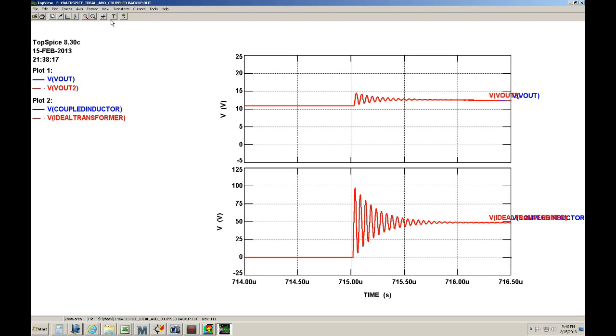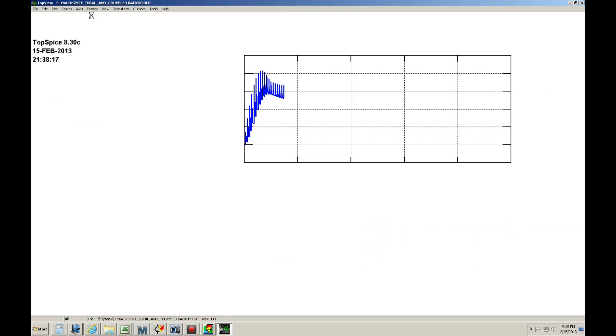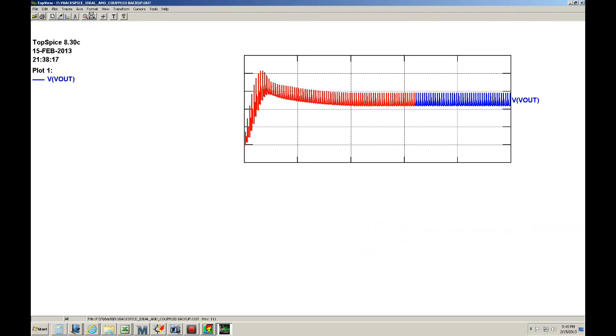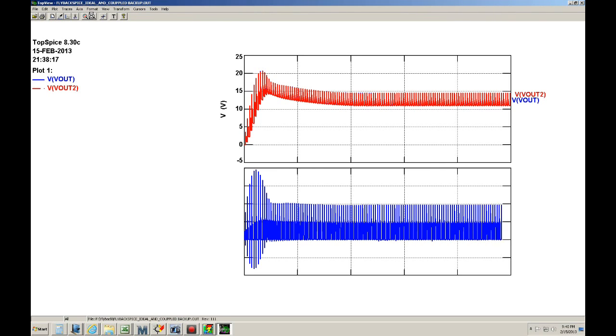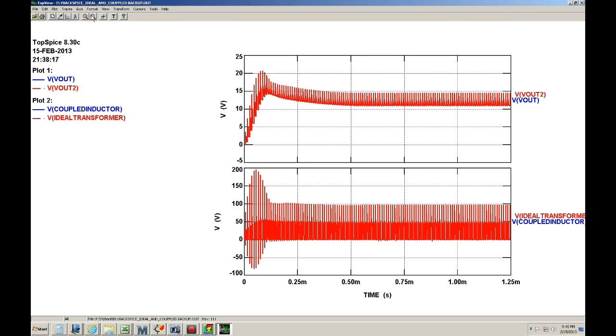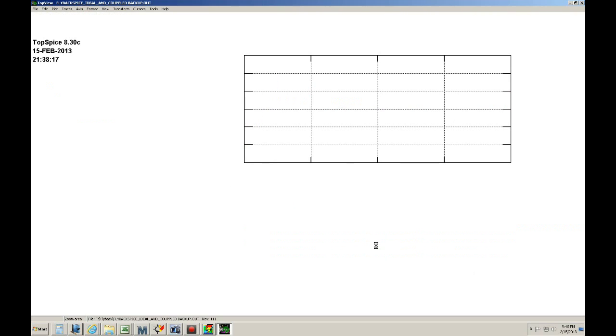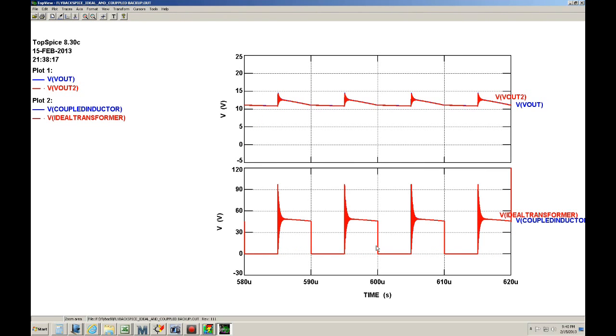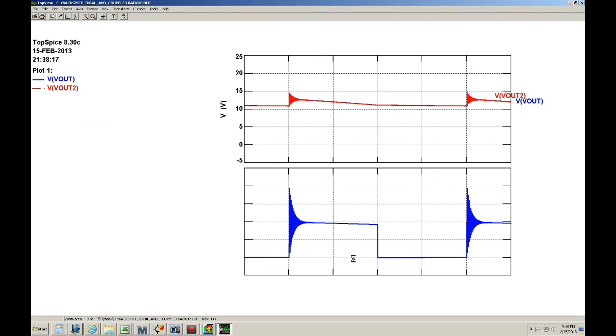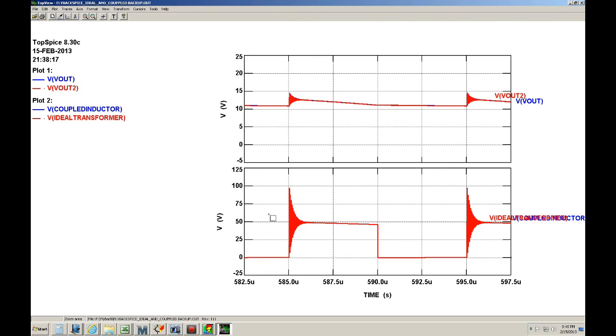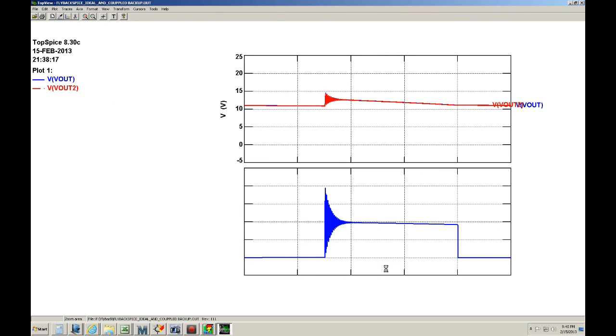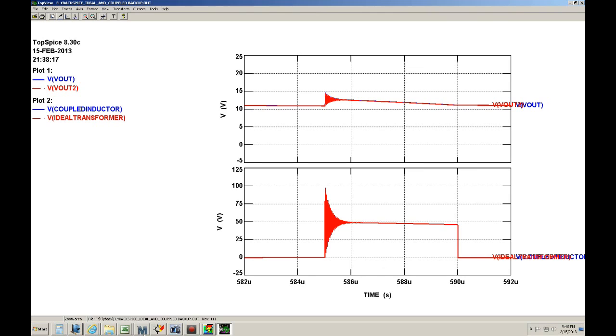Okay, so let me go ahead and zoom out a little bit and get a little bit better zooming function. Okay, that's a little bit better. Let me see if I can get two of them. I guess I'll do one. Okay, now the ringing, let me go ahead and go back to the